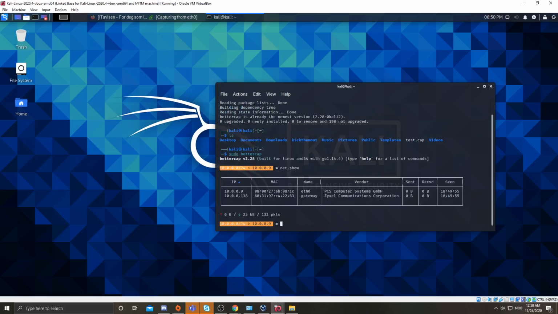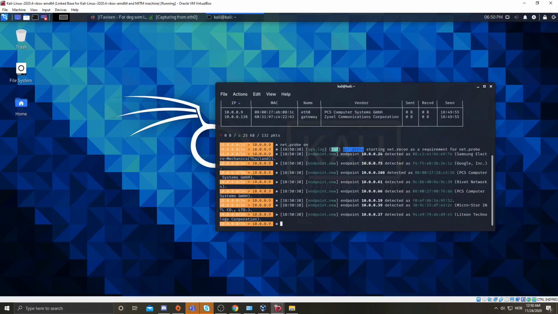I know there's way more clients on this network, so in order to probe for those other machines, we will do net.probe on. Now the application will probe for, or send a request to, all the different IP addresses